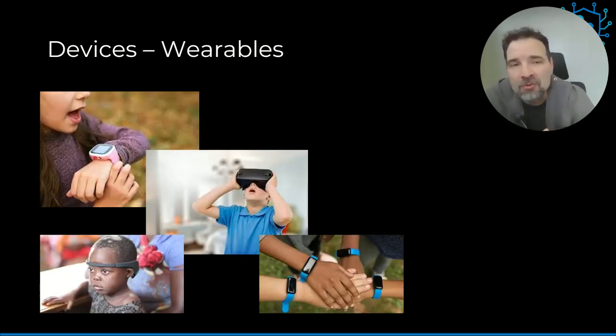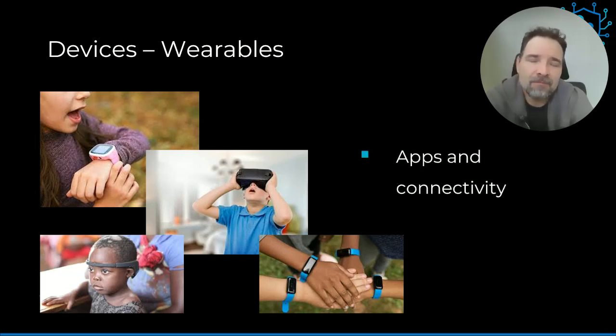And now we have wearables, right? As connectivity evolves and connection speeds also increase, wearables came about between 5 and 10 years ago. We started seeing the first smartwatches, the first intelligent glasses, right? And they are used exclusively to use apps or for connectivity with other systems, other apps.